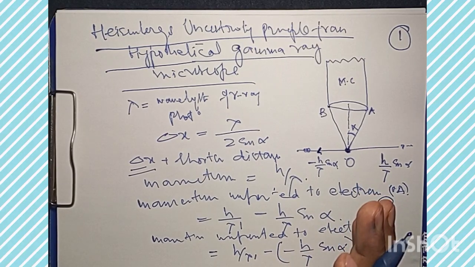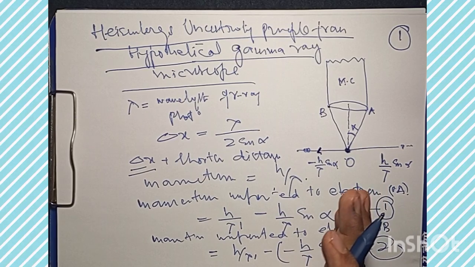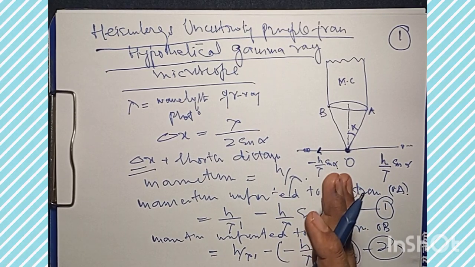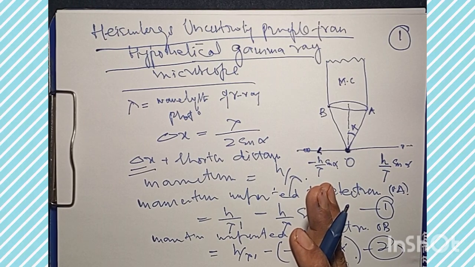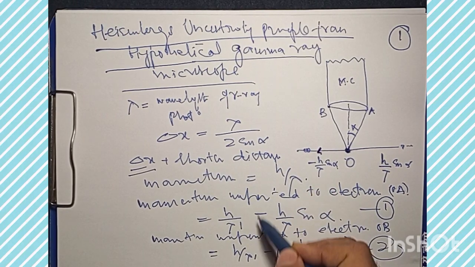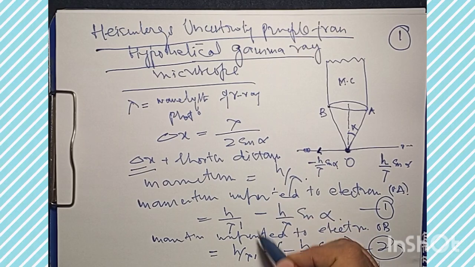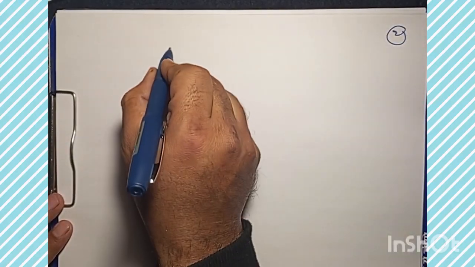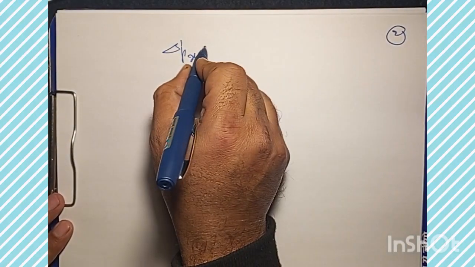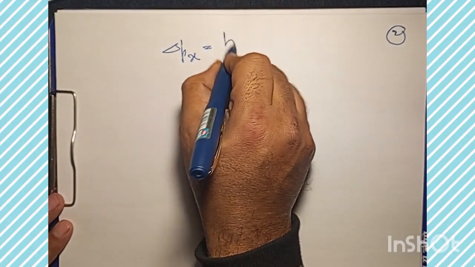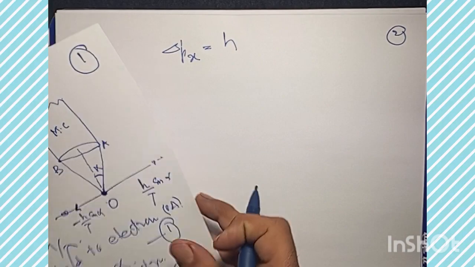So therefore, the uncertainty or the error involved in the measurement of momentum of the electron should be given by the difference of these two momenta that have been evaluated by imparting it on the electron. So what I should expect from here is the error, the uncertainty. And what will be that? That will be delta px. And what will be that delta px? That will be